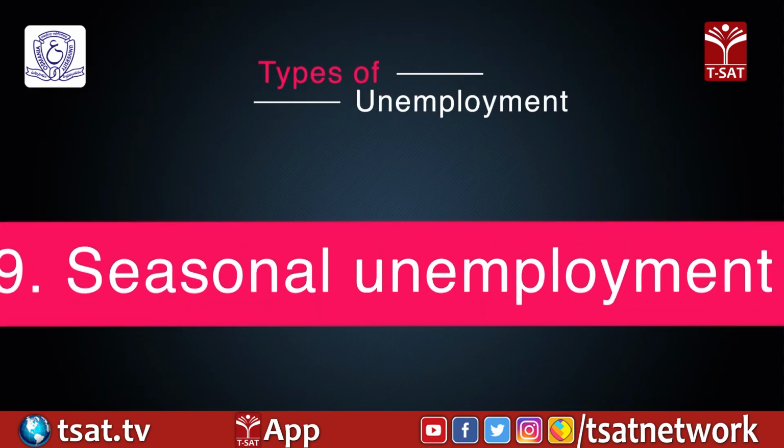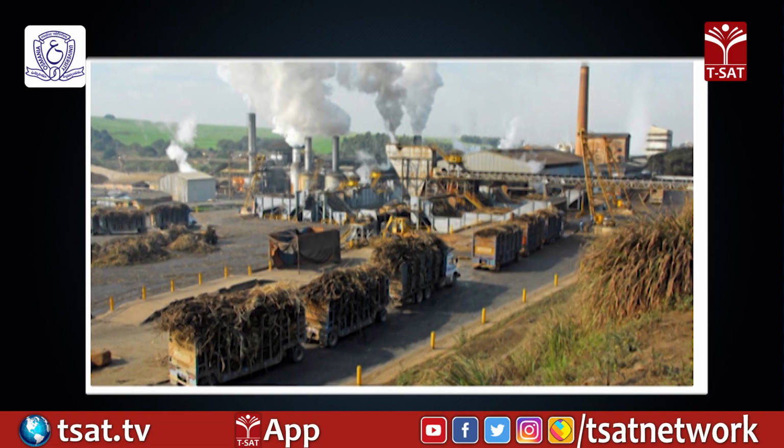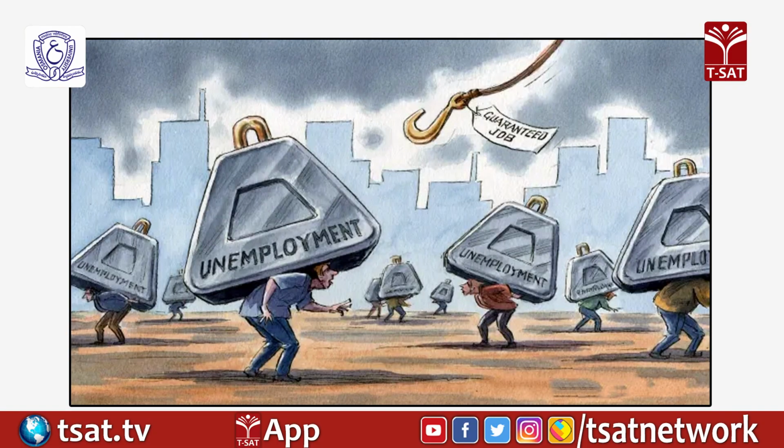The other major one is seasonal unemployment. Certain industries and traders engage workers for a particular season. When the season has ended, the workers are rendered unemployed, such as, for example, the sugar industry, which is a major type of seasonal unemployment. The problem of unemployment in underdeveloped economies is different from that in developed economies. In developed economies, generally, unemployment takes the form of cyclical unemployment or frictional unemployment.